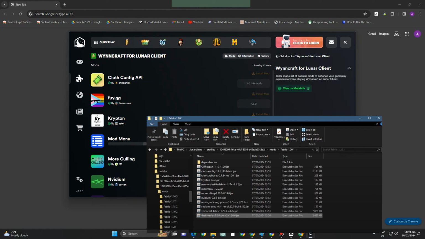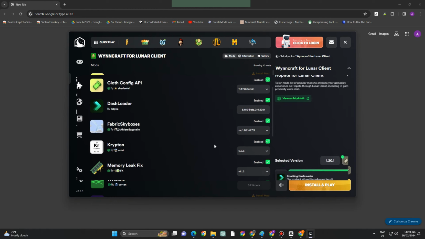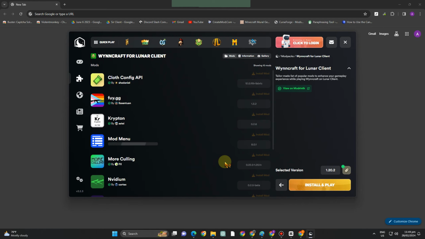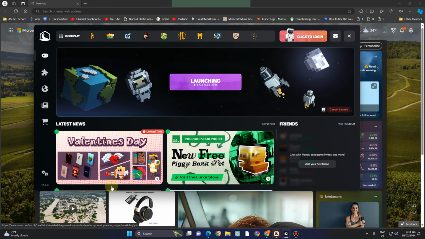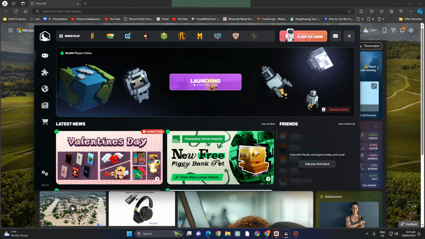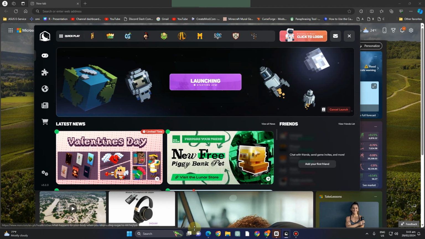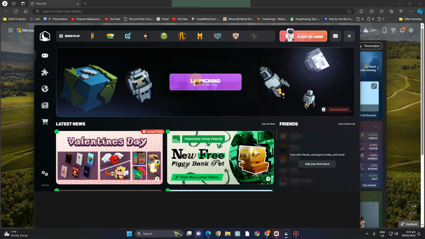So you have to wait for a couple of minutes as it is processing. Now, once done, you can now go back here and enable that game. Once done, you can now tap play or launch your Lunar client here. And as you can see, this is what it looks like. And all you have to do is to log in your account and then tap single or multiplayer, and that's